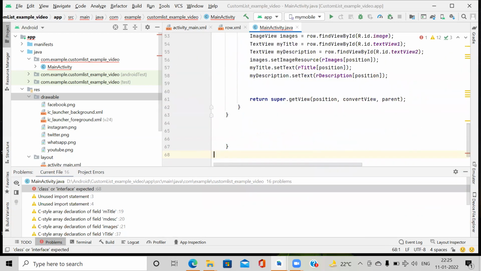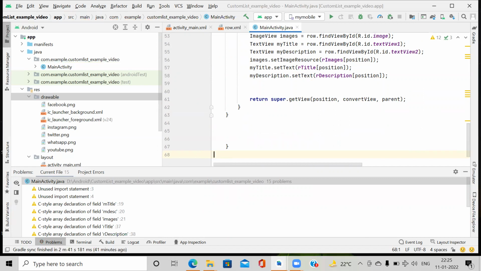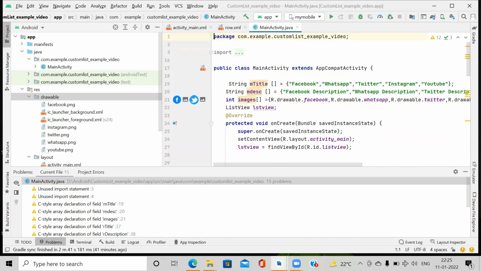Yeah, one more. So now there is no error. We run the application.